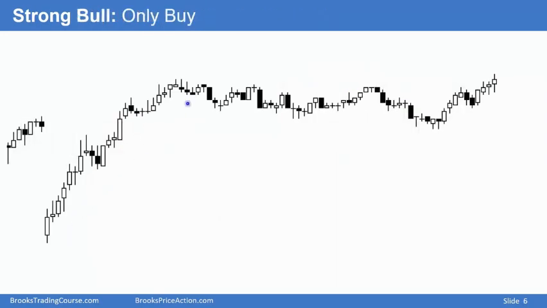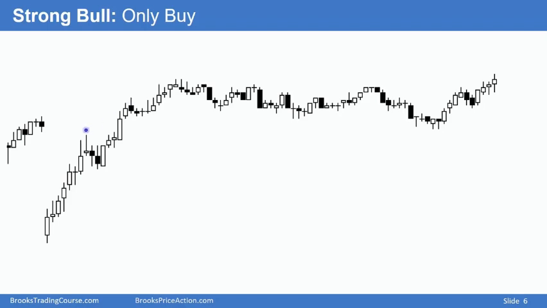Strong bull trend. About a 10-bar bull microchannel, another bull microchannel. What are the chances that this reversal is going to lead to an opposite trend or even a profitable trade? The same with here. How many bear bars have there been in the past 15 bars? 3, and they're all small bodies. And the channel up, the bull channel, is very tight. These are very low probability shorts, even though you have a pretty good looking sell signal bar right here,